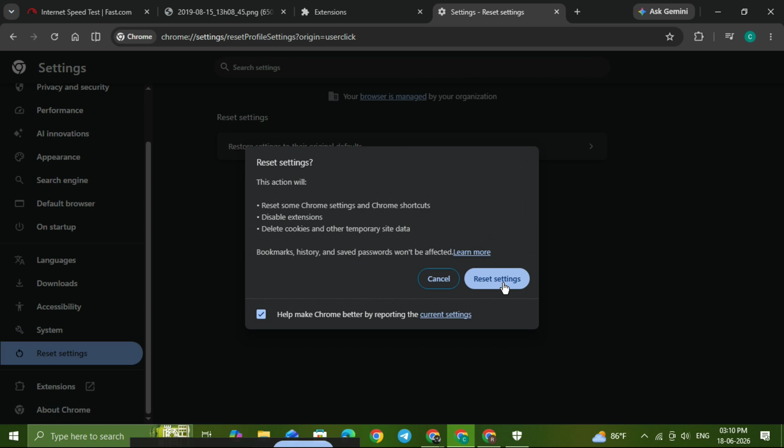By following these steps, you should be able to fix the Chrome download interrupted error and get your files downloading